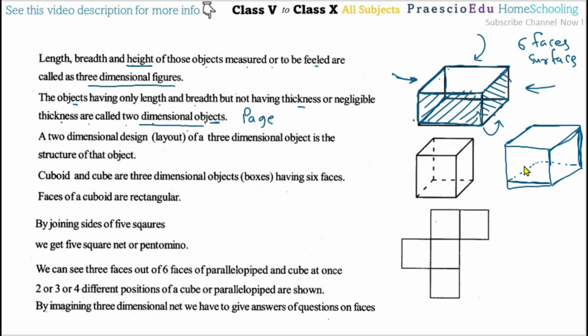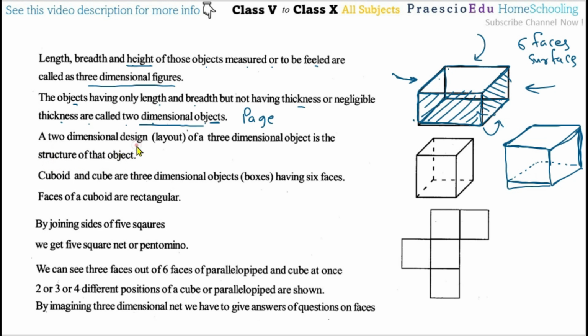Or if you order something from Amazon, any parcel you receive comes in a carton box. Or if you have a small matchbox, observe that, that is three-dimensional. Okay, so how many surfaces are there, how many edges are there, how many vertices are there, that we have to observe. Now I will further explain more here.